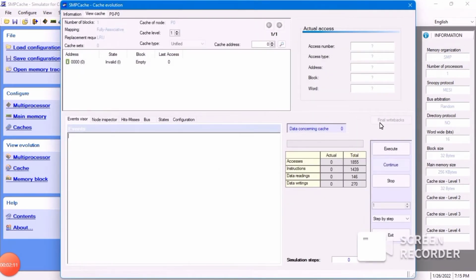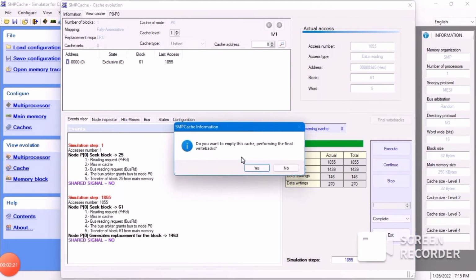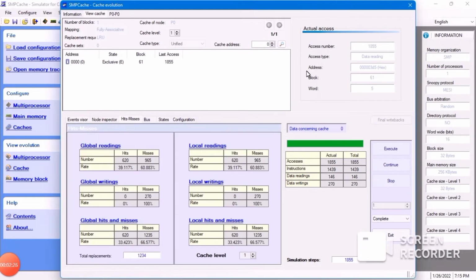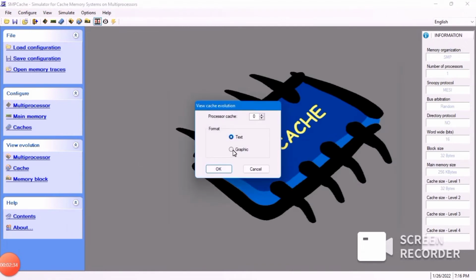So to execute this, go to execute, go to step by step and change to complete and continue. Yes and OK. Go to hit miss and screenshot to do your task. That's it. And to get the graph, go again to cache and select graphic.